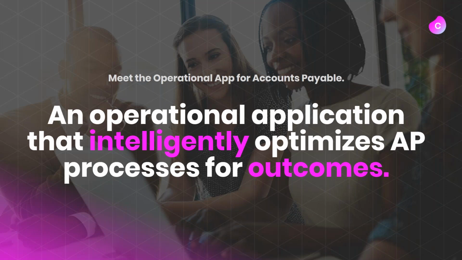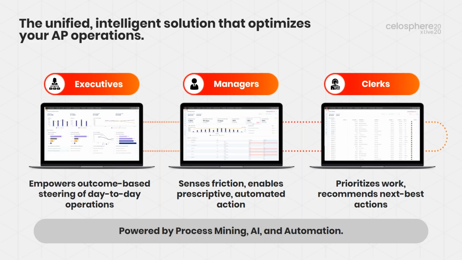So number one, it is executives that this solution enables to steer the day-to-day operations based on most important outcomes. The second group is the AP managers that are enabled to sense friction or identify points of friction, but also to take prescriptive and automated actions in order to fix those issues that are systematic to their accounts payable teams. And then on the truly operational level, it also enables clerks, it prioritizes their work in the right way, so they know exactly which invoice to tackle next, and also what is the next best action on each of those invoices based on where the